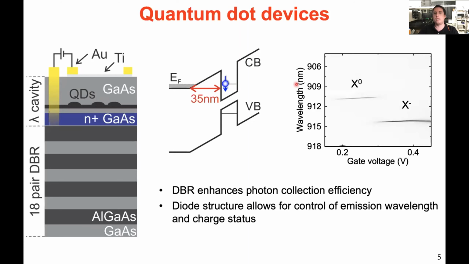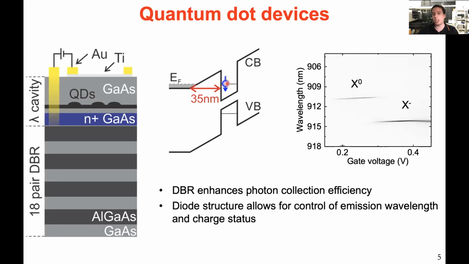So we can deterministically choose if we want to work with an uncharged quantum dot or with a deterministically charged quantum dot. Here you can see, for example, in this photoluminescence measurement as a function of the gate voltage, how in non-resonant excitation, the luminescence changes from the neutral exciton to the charged exciton as soon as the lowest electron energy level is lowered below the Fermi reservoir.